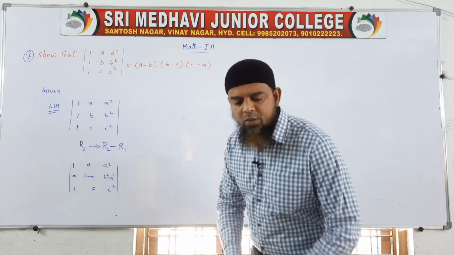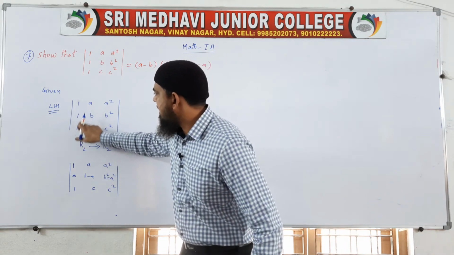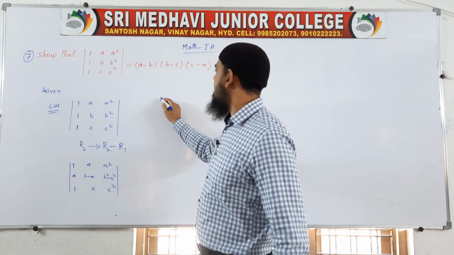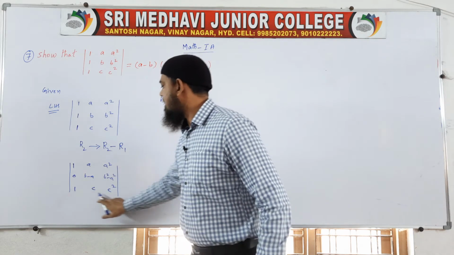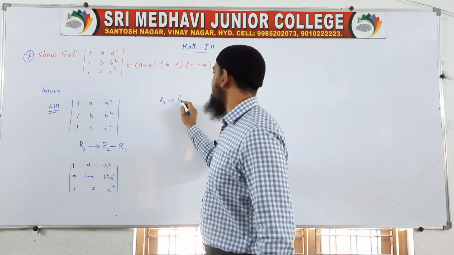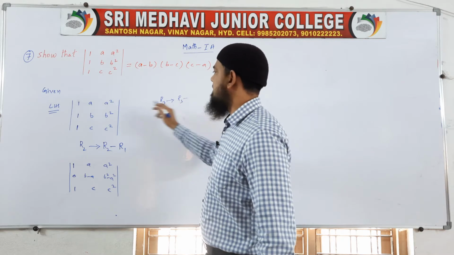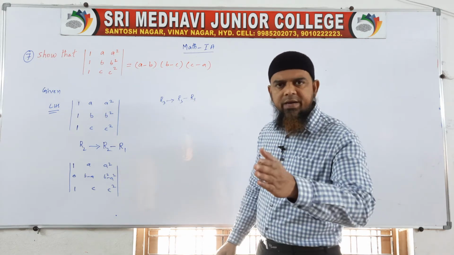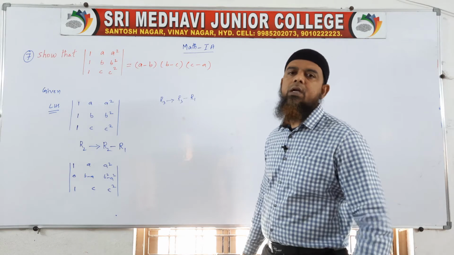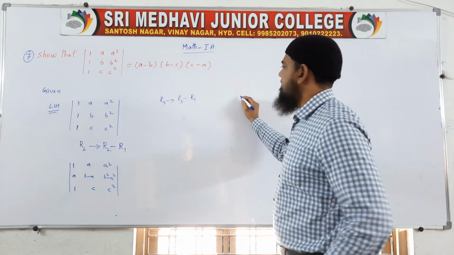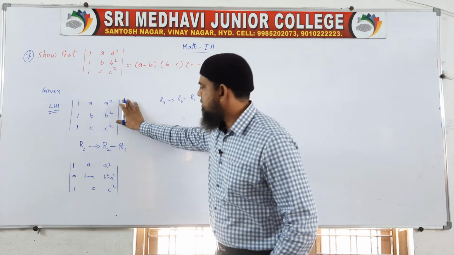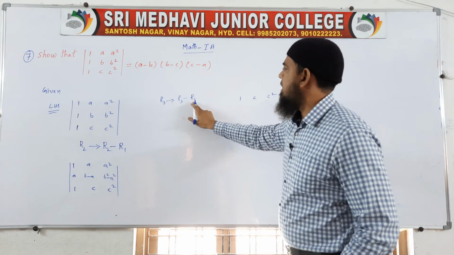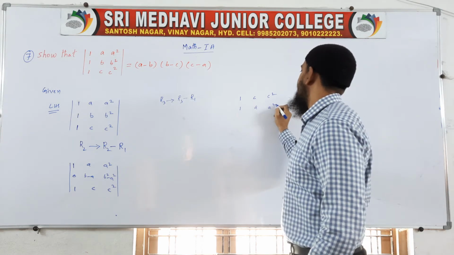Now which one do I want to make 0? As I said, these two numbers we have to make 0. The first 0 is over. Now this one I want to make 0. So what do I have to write? This one belongs to R3. So R3 tends to what do I have to write here? R3 minus R1. Again I am using R1. See, both times I used R1 because R1 is fixed. That's why we are using R1. Now do the rough work. R3: 1, c square. This is R3. Now R1: 1, a square. This is R1.